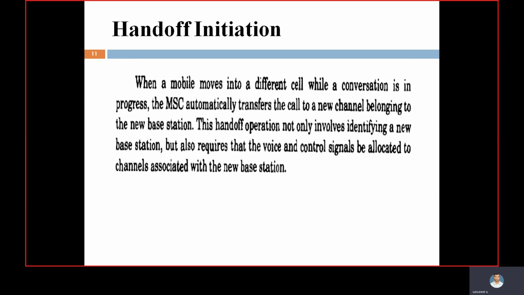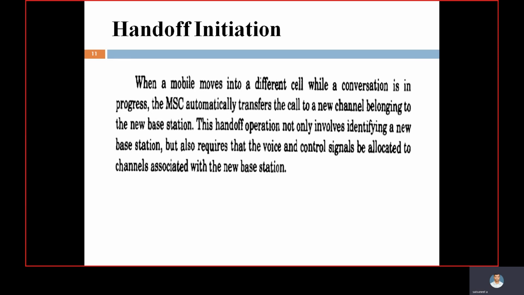Now the MSC or MTSO searches for the exact location of the mobile unit. Once they find the location, they find which cells are nearer to that mobile station,